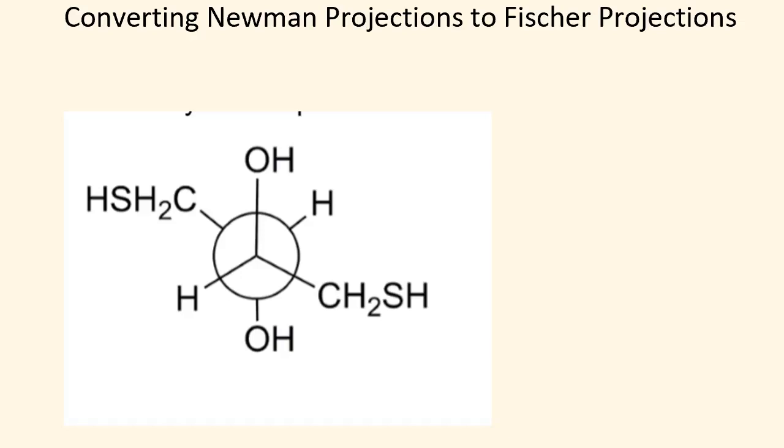So one thing you need to be able to do is convert a Newman projection to a Fischer projection. So here is our Newman projection, and you can see it is in a staggered conformation. Now, to get a Fischer projection, which is going to look like this,